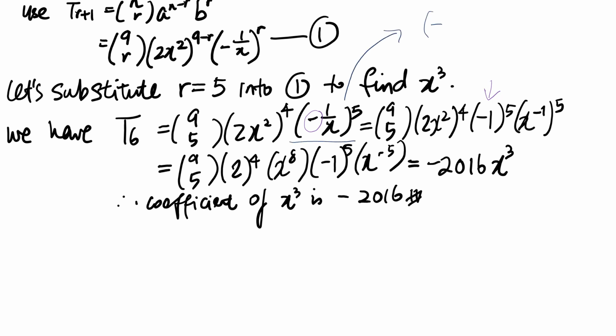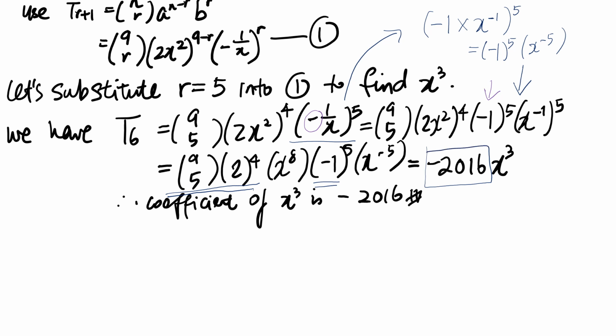This will give you -1 times x to the power -1, then the whole thing to the power of 5. So here you have to be careful. You just have to watch out for that. And from here onwards, you can just use the calculator. The one that I've highlighted in double lines, you can just use a calculator to evaluate the values, and you get